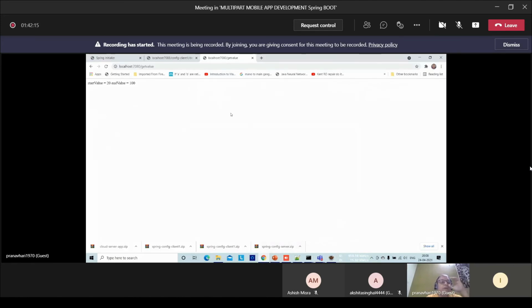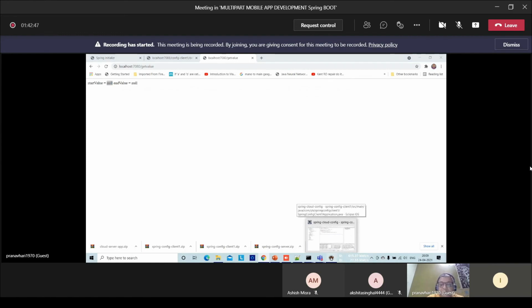So let me go and see here what happens. It gets a null value. It is not having the value. The server has not supplied any value. It can fetch the attributes, but not their values. The key is available, but not the value, because the server was off.